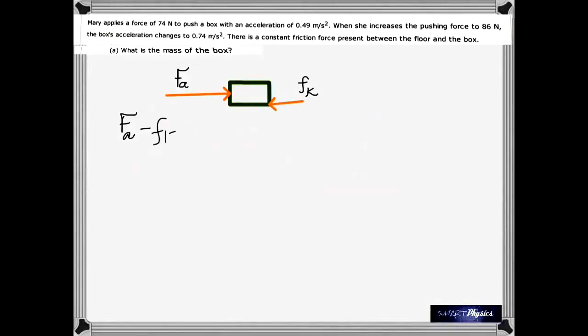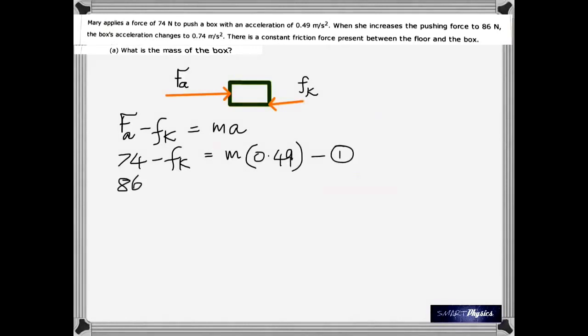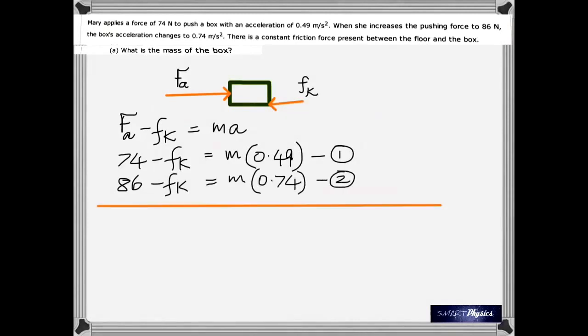Therefore, the net force would be Fa minus Fk, that's the force of kinetic friction, equal to mass times acceleration. On substituting the values given, 74 minus Fk is mass times 0.49, and in the second case 86 minus Fk is mass times 0.74. So you've got the two equations,